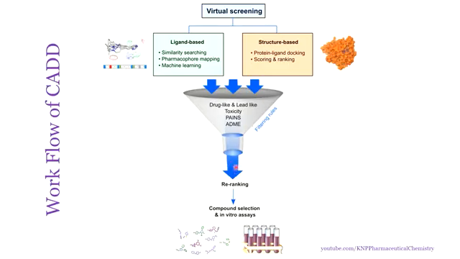we are going to get only a few compounds, and we are going to re-rank them based upon drug-likeness and all these properties. After that, the selected compounds are going to be synthesized, and we are going to perform in vitro assay. This is going to be a typical workflow of CADD, that is computer-aided drug design. And now let us see the types one by one.